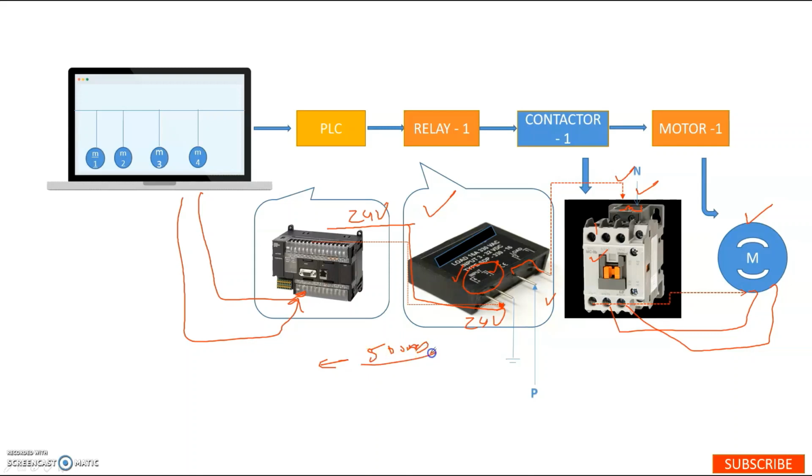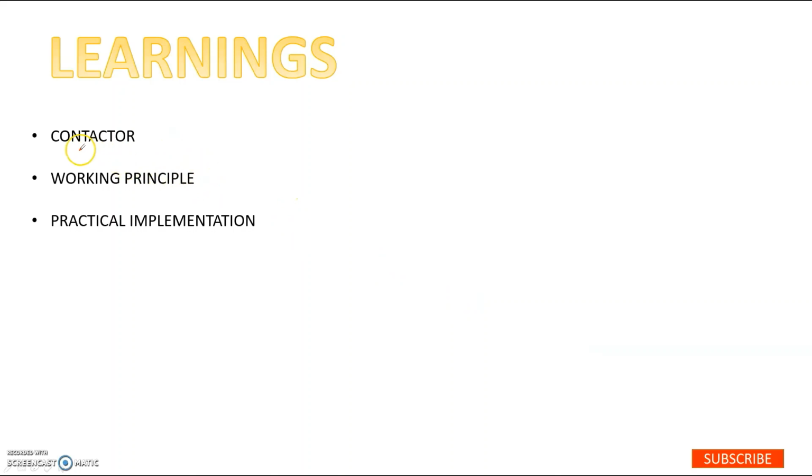So now let us talk about the basic learnings we have had. The basic learnings are about the functioning of a contactor, how a contactor works, how the NO contacts are converted to NC as soon as the coil is energized. This is what we have learned, the working principle, the internals we have seen, the coil, the magnetic field, the plunger gets pulled in, and the contacts are made. All those things we have seen, right?